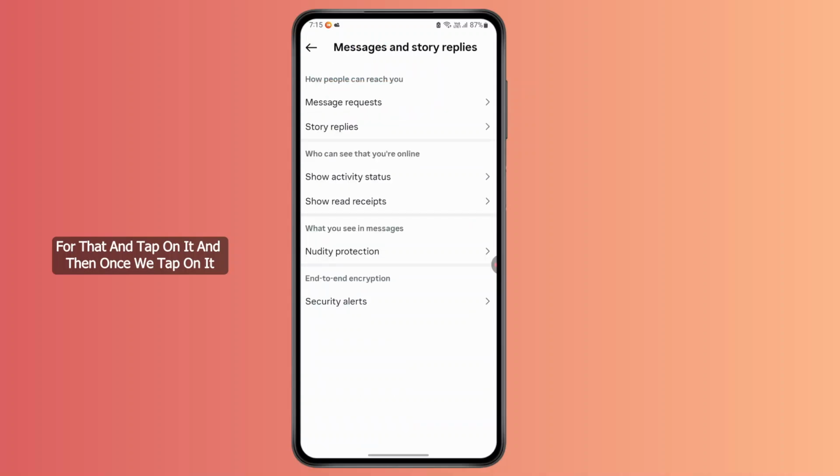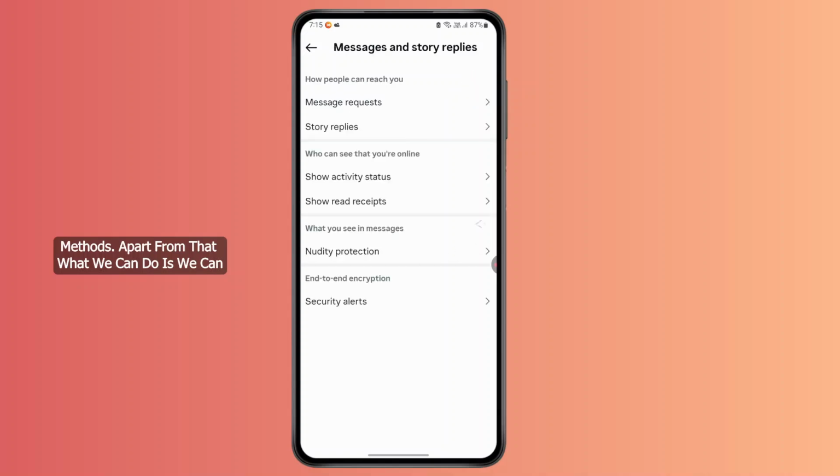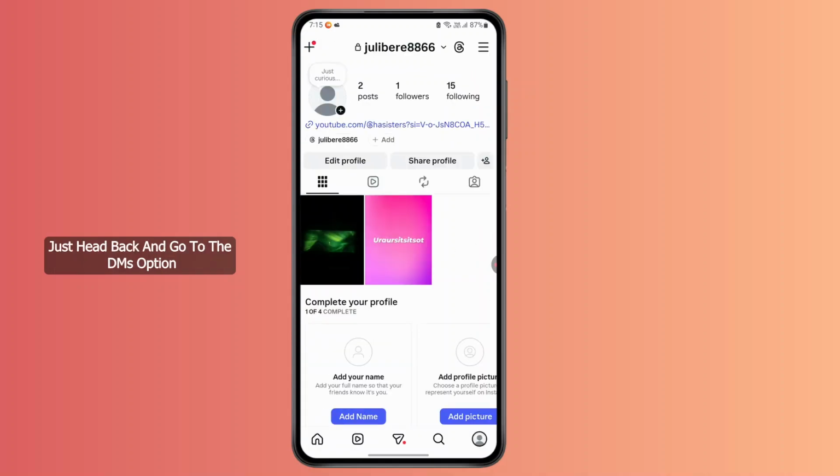And once we tap on it, we can look out for the option called show read receipts. Once we tap on it, we can just go over and toggle off this option, and that is one of the methods. Apart from that, what we can do is we can just head back and go to the